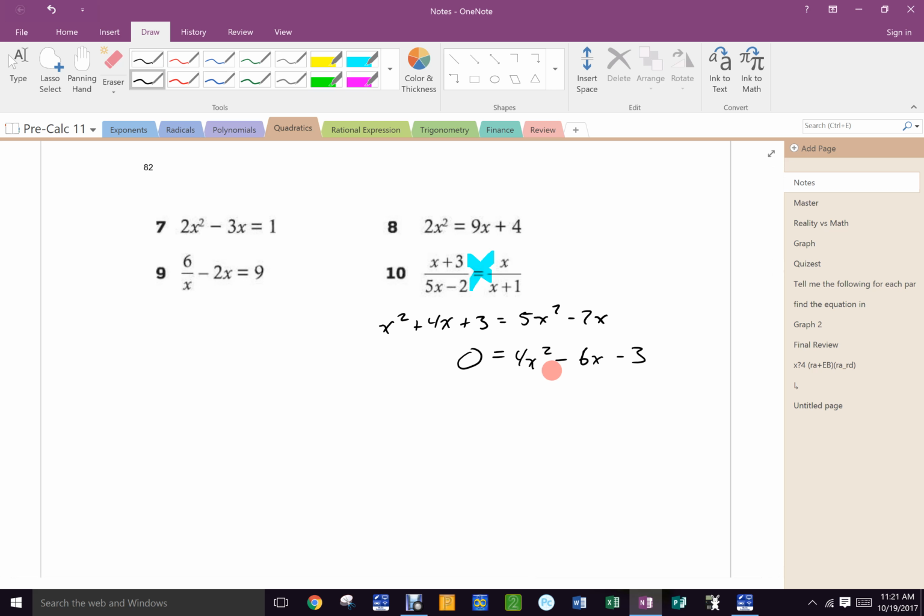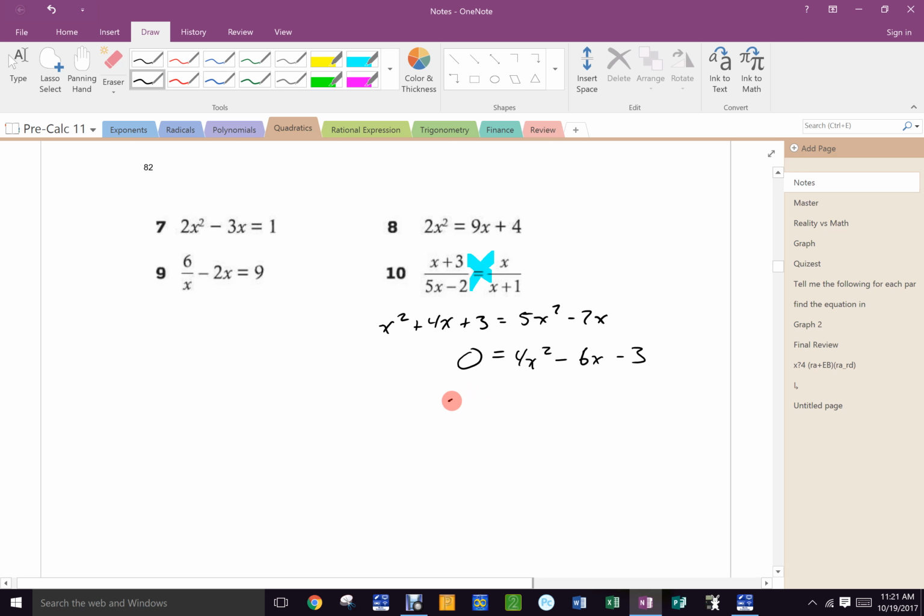I could use the equation, or I could complete the square, right? It's not a bad candidate for completing the square because this is even, but it's still going to give me a fraction, right? It depends on what you're good at. If you're good with fractions, go ahead and complete the square. If not, use the formula. Either way, it's going to work. We've already done a lot of completing the square. I'll use the